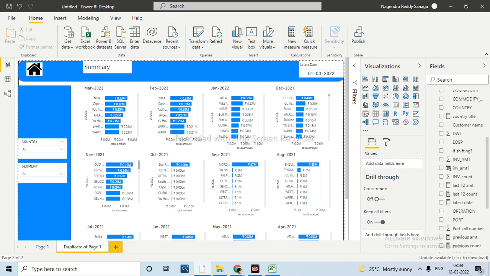Why I have removed this month filter is, anyway, when you have selected the month, you will see that particular month. We already have that particular month's information, right? So no need of that filter. If you want to add any other filters, you can do that. Now this I will take as vendor amount. In the same way I have taken the vendor count also.